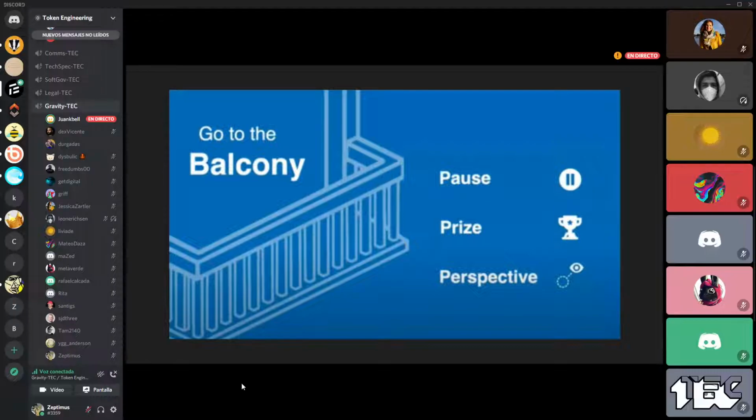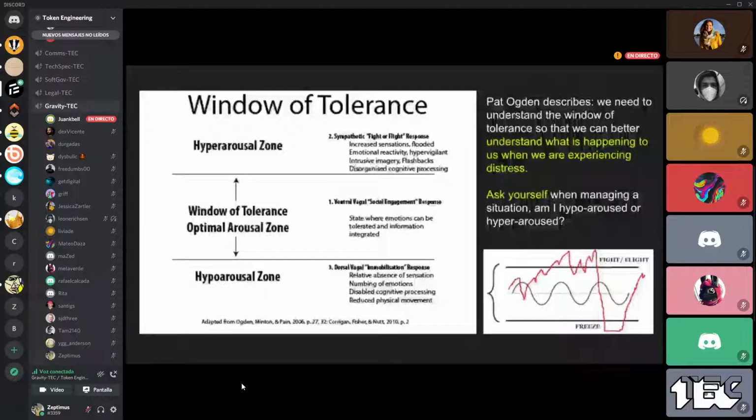And this is why it's so important to go to the balcony, because when you go to the balcony and you take this pause, you can change from a hyperarousal zone to an optimal arousal zone. This is something that psychologists talk about, and it's like the window of tolerance, and that we all have this window of tolerance where sometimes